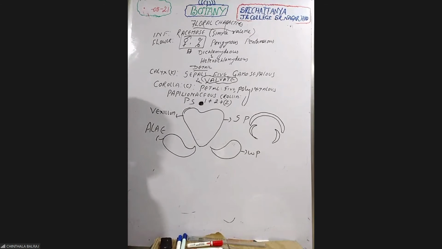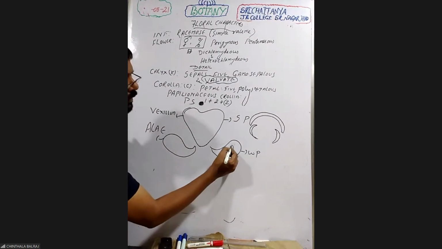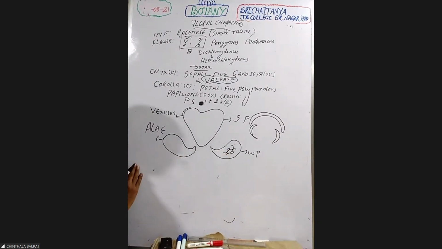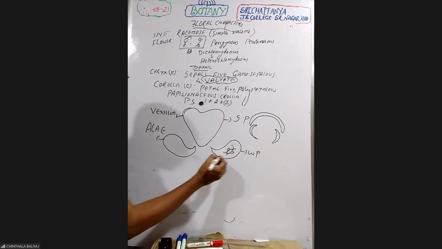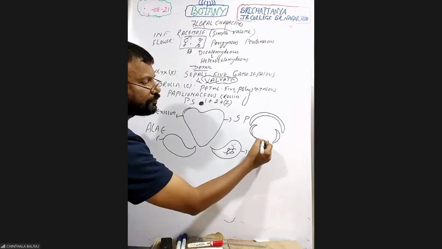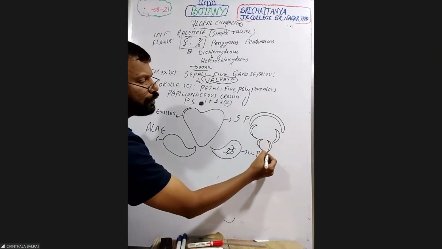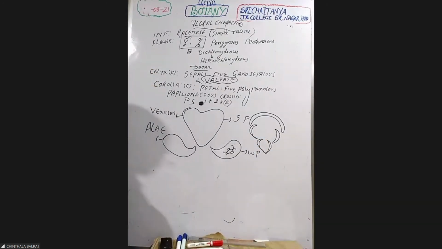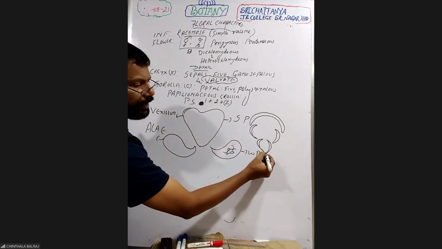Wing petals are alae. An insect attracted by which petal? Standard. It will land where? On the wing petal. The platform for the insect is the wing petal. And then overlapping these are the keel petals. They are fused by which end? Anterior end, they are fused.